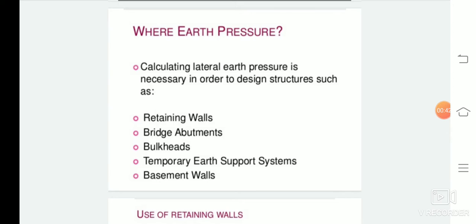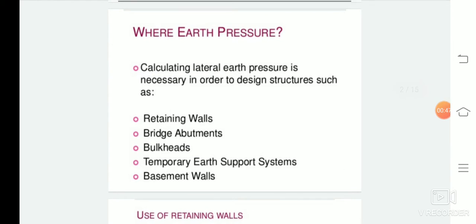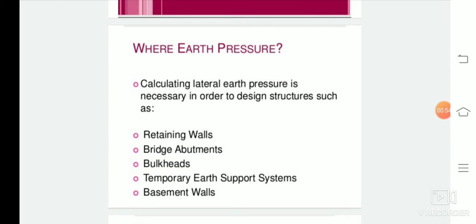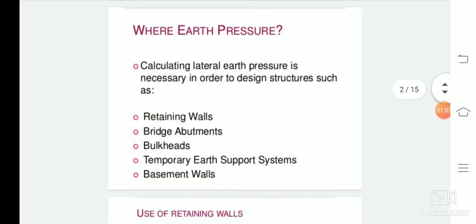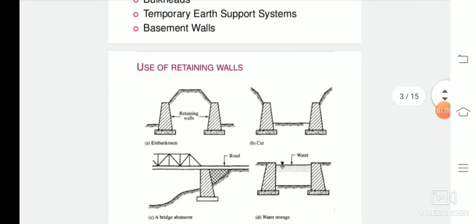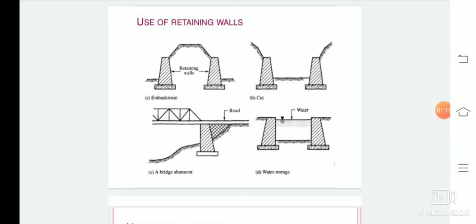In this type of structure, it is very necessary to compute the lateral pressure which is exerted by the retained mass of soil. So what is the application of earth pressure? Most of the time, earth pressure is used for the design of retaining walls. So what is a retaining wall? A retaining wall or retaining structure is used for maintaining the ground surface at different elevations on either